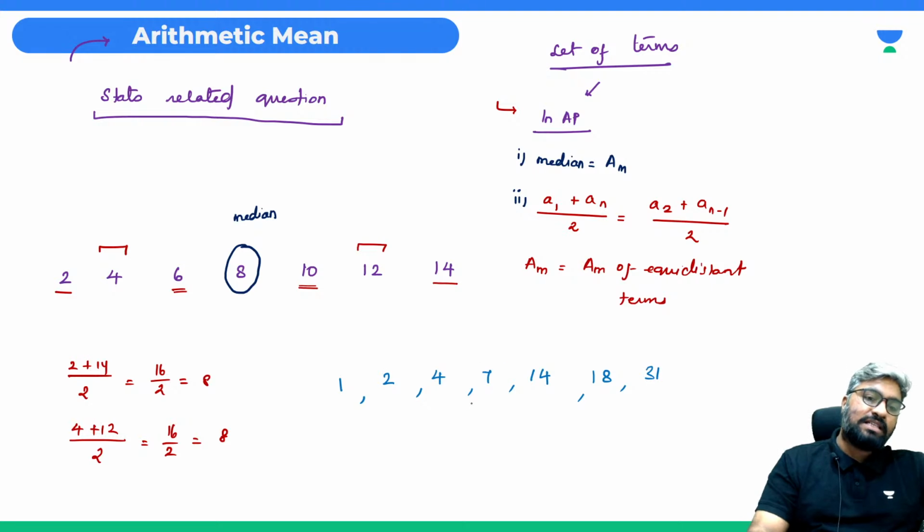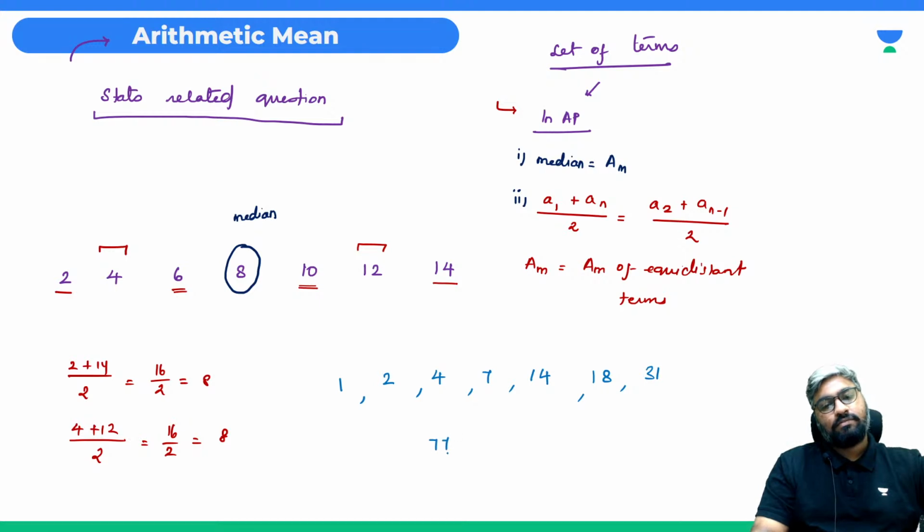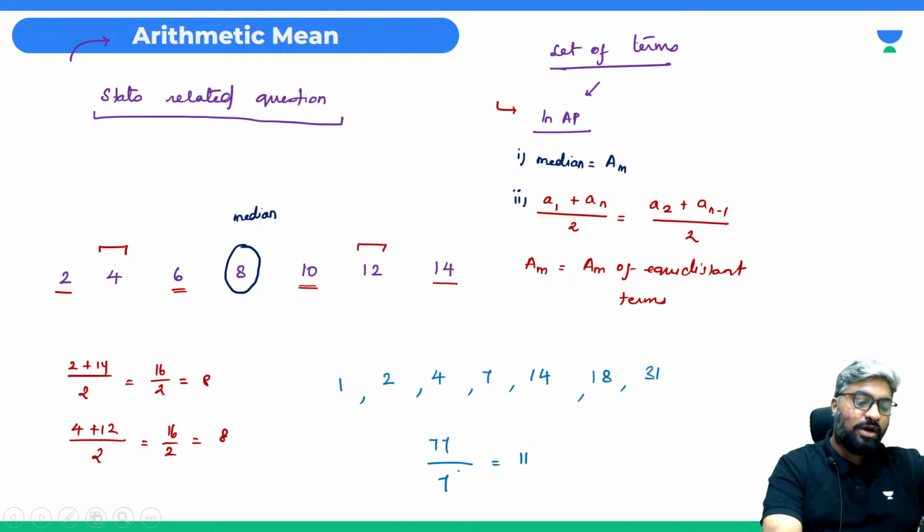तो 2 + 1 = 3, + 4 = 7, 7 + 7 = 14, 14 + 14 = 28, 28 + 18 is 46, 76, 77. Divided by 7 terms, this is 11, है ना? Yes or no guys? No other choice here, यहाँ पे कोई ऑप्शन नहीं अपने पास।